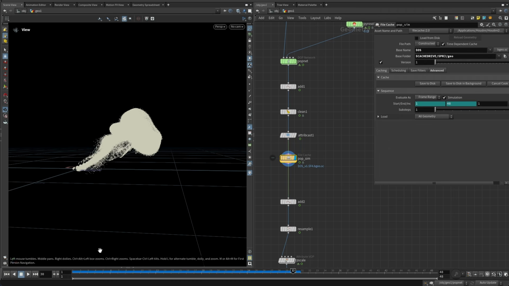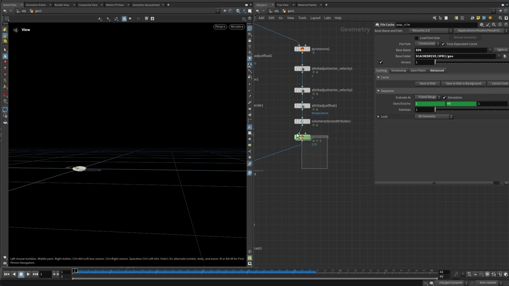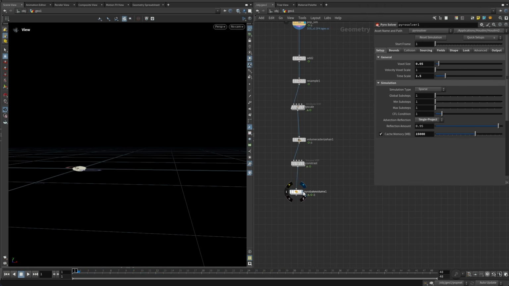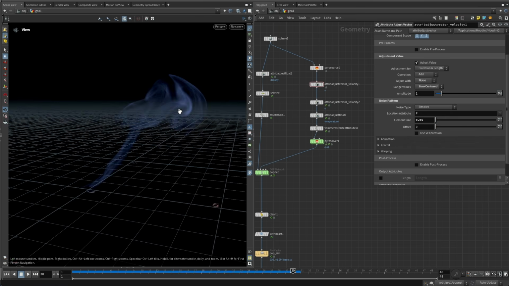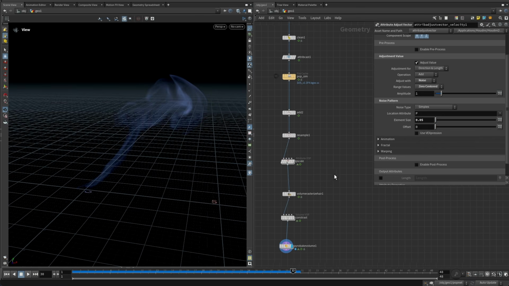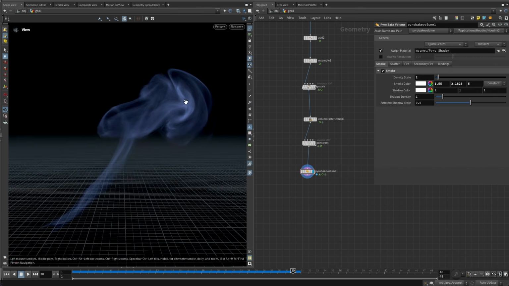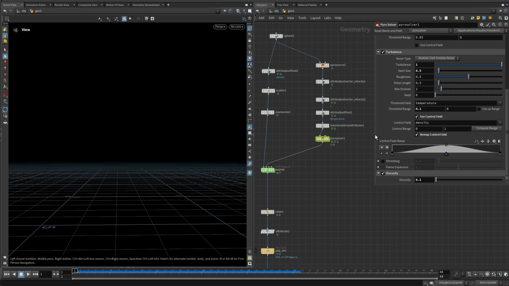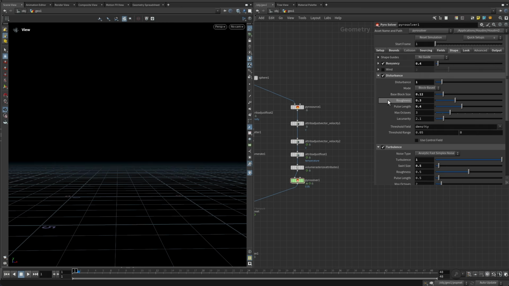Just to take a look at the pyro sim, I think the smoke sim is a bit too slow. So I'll just increase the time scale in here to 1.5. And I'll try this again. Let's see at frame 30. But you get the idea. It's quite similar. You can go in here and increase the density if you wanted to make it a bit brighter. Yeah, you can always go back and tweak whatever you want in here and see if it's better